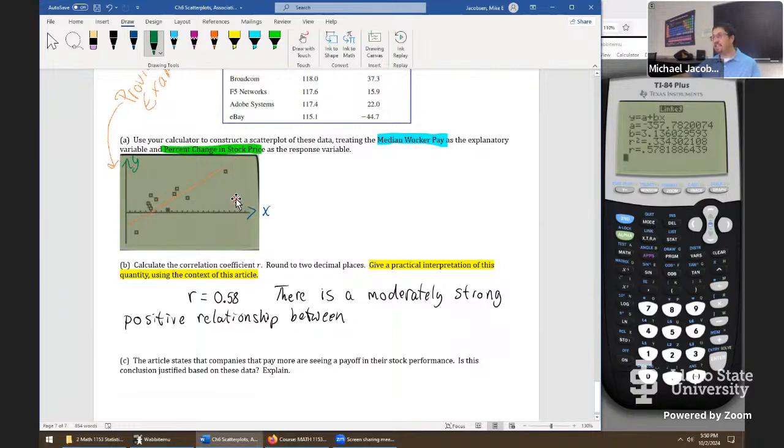There's some outliers that don't fit the pattern very well, like this one, most notably, I'd say. The rest of the data values seem to actually fit that. The one that was paid the very least, that was eBay, and they're at the lowest end of their stock price change. So we'll say there is a moderately strong positive relationship between the median worker pay